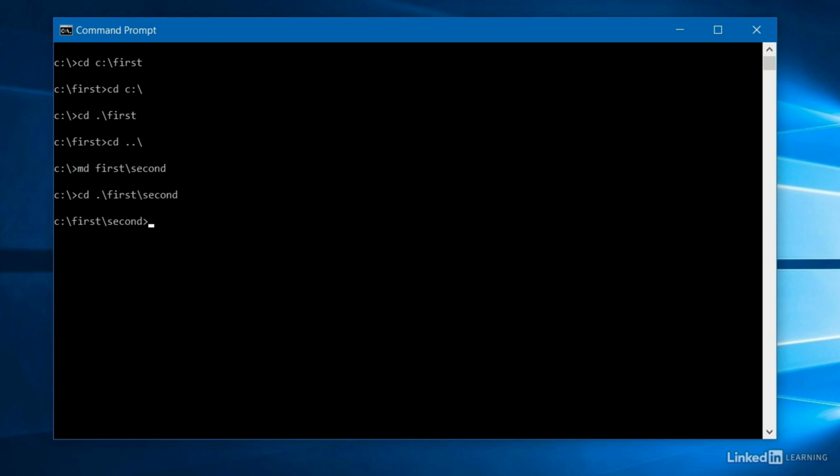So hit return, and look at that. We are now pointing at C:\first\second. So now use an absolute path to get us back to the first directory. Type in CD space C:\first and hit return. We can go back into second by using CD space .\second because now we're operating relative to the first directory. Hit return, and we're back inside